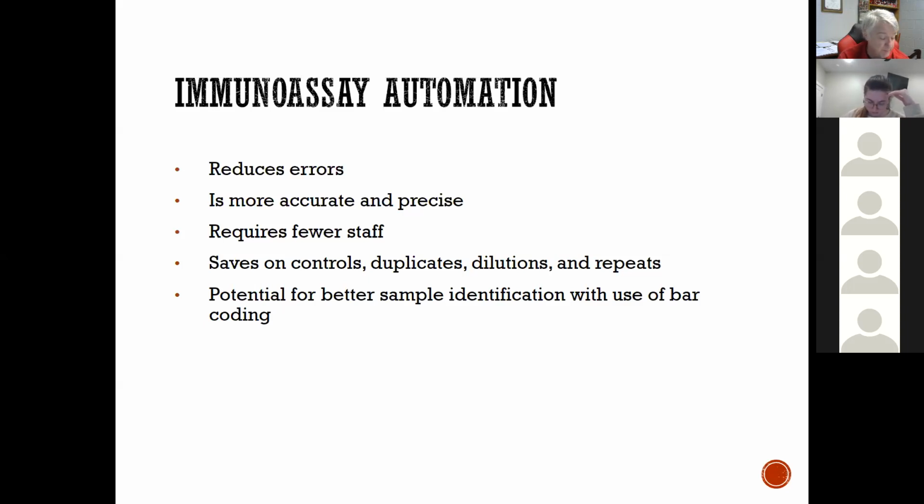So if somebody would help me, what is accuracy? Isn't accuracy like how many times you can do it over and over and over again and get the same result? You're a little ahead of yourself. That's coming up with precision. Accuracy is how close is my result to the real result. Like when we do a test, how close is that glucose to the real glucose in the blood?